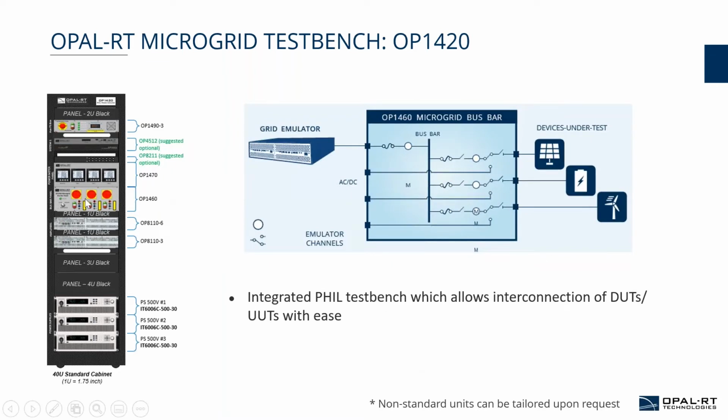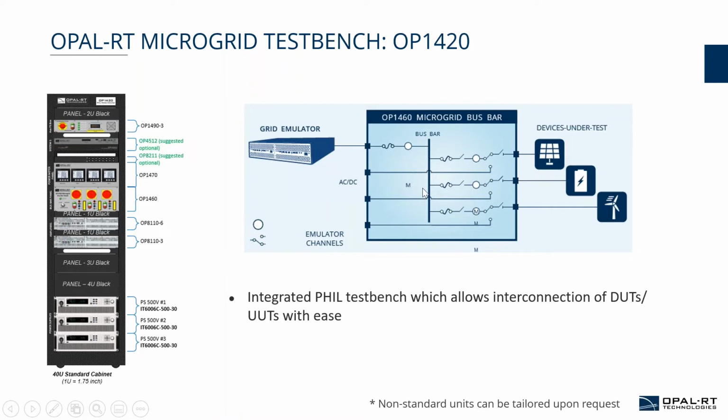An important component in the test bench, which I briefly touched upon in the previous slide, is the OP-1460 bus bar. And with this, we can essentially see how we can go about compartmentalizing hardware implementation. Let's assume that you have a large microgrid which consists of multiple hardware equipment. You can either have all hardware equipment that are available in real hardware and test it to an emulated grid. On the other hand, you could also have, let's say, an emulated grid and an emulated wind turbine, for instance, also developed with the help of a power amplifier, and you can go about testing only your PV inverter, which